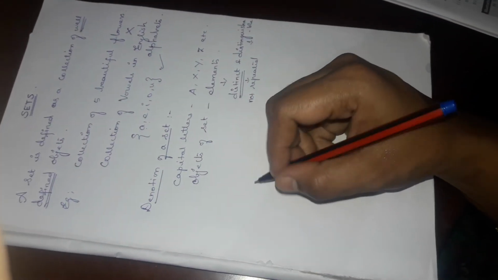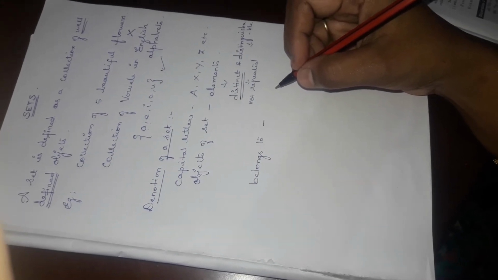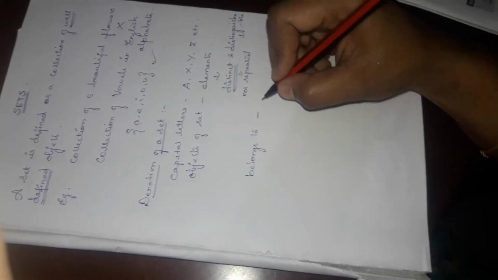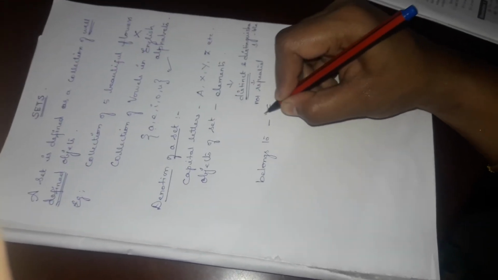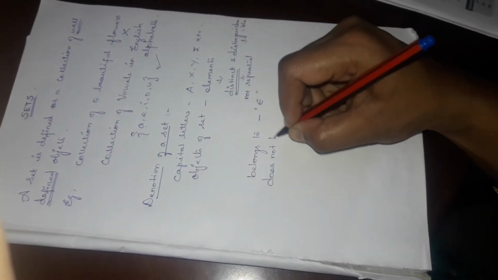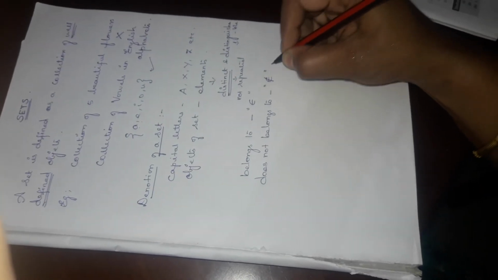Next, we are going to see another denotation called belongs to. And we know maths is full of symbols. Mathematicians are not interested in writing statements and sentences in words. So they love denoting each and every statement in a precise manner by using many symbols. So belongs to is denoted by this symbol, and does not belong to is denoted by this symbol.